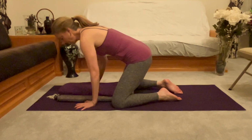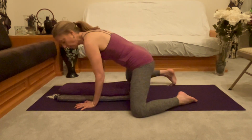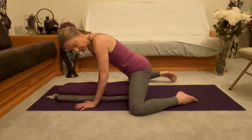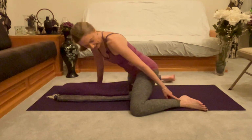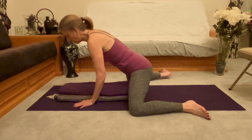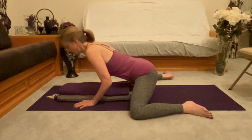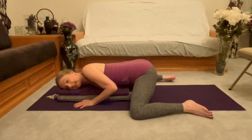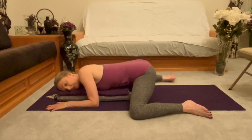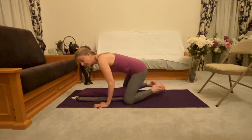So take your props out in front of you lengthwise. Your hands come to either side of your blankets. Take your knees as wide as they'll go. So you might look different than I do, but your knees are as wide as you'll go, and then your ankles in line with knees. And your blankets are there to support you as you come down. So lying down on your blankets, you can turn your head to one side, forearms down to the ground. If this is great for you, stay here. If this is not great for you,